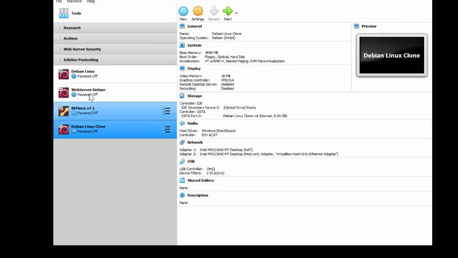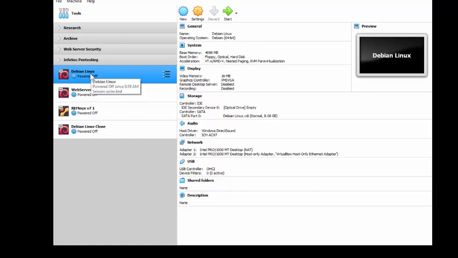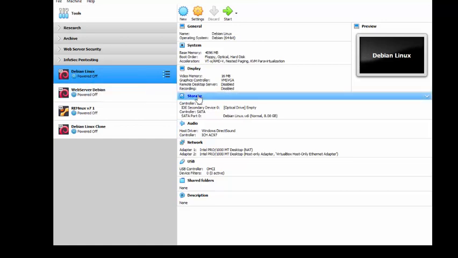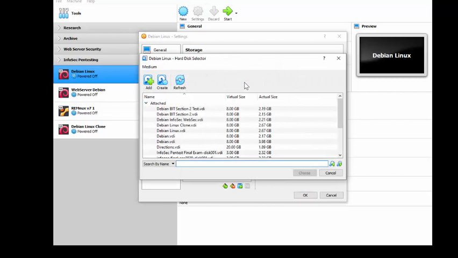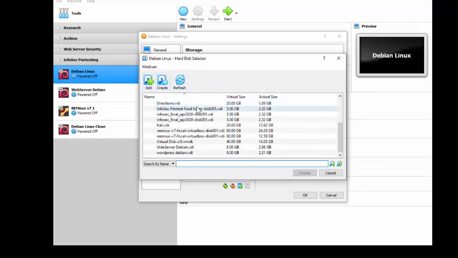Now you have your clone, go back and choose your original virtual machine and go into the storage settings. Now we can add another disk to our system. And that's what we're going to do. We click on add a disk and it'll let us choose something, and I do have a lot of disks to choose from. As I've told you before, I use this a lot, but I'm going to create a new